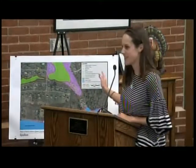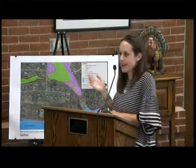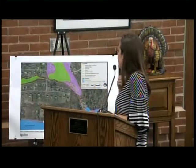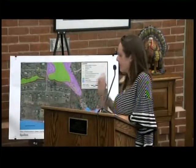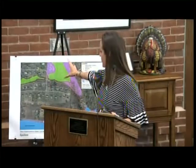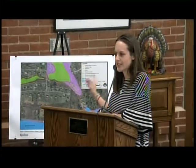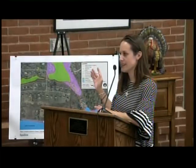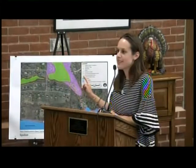So this figure here, there's kind of a lot going on, but it's basically showing Mike and I went out to the site and delineated the resource areas behind French Farm Road. And in green is the forested BVW. So there's an intermittent stream that runs south along here from a wooded swamp up here. And the stream flows down into Ray's Pond and eventually discharges into Lake Cochichewick. And off of the western side of that stream bank is a forested BVW that we delineated, and that's in green. And as you can see, that extends down